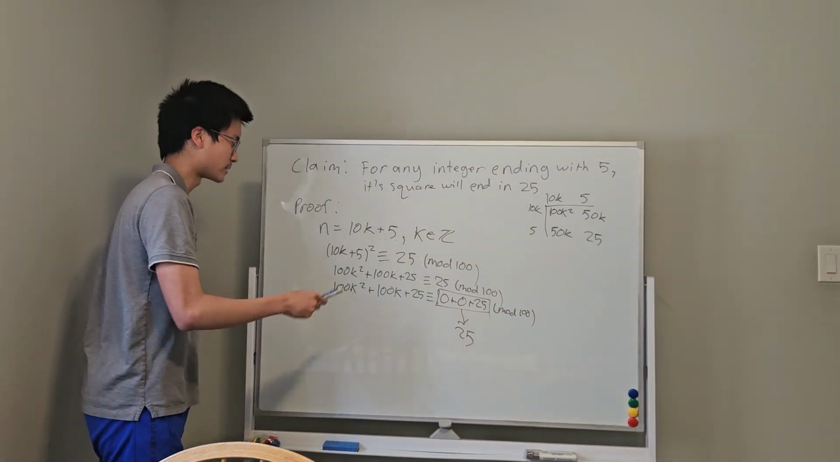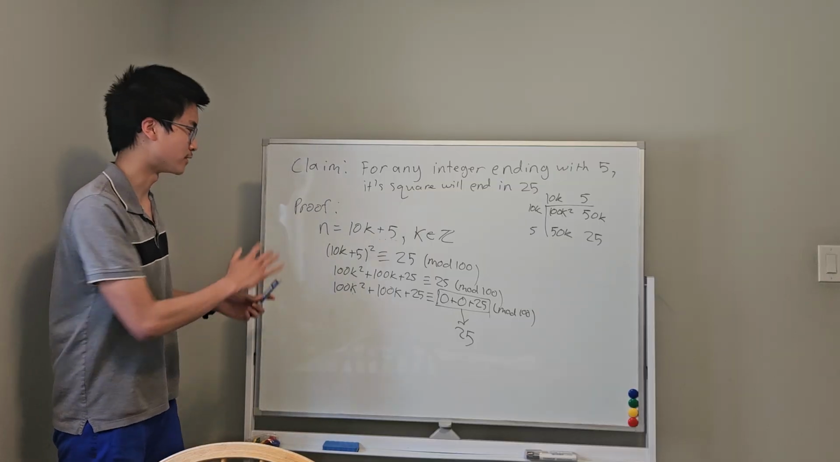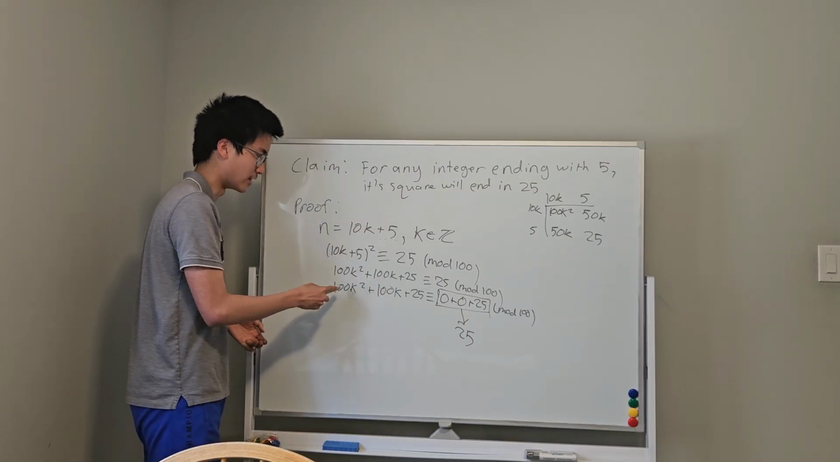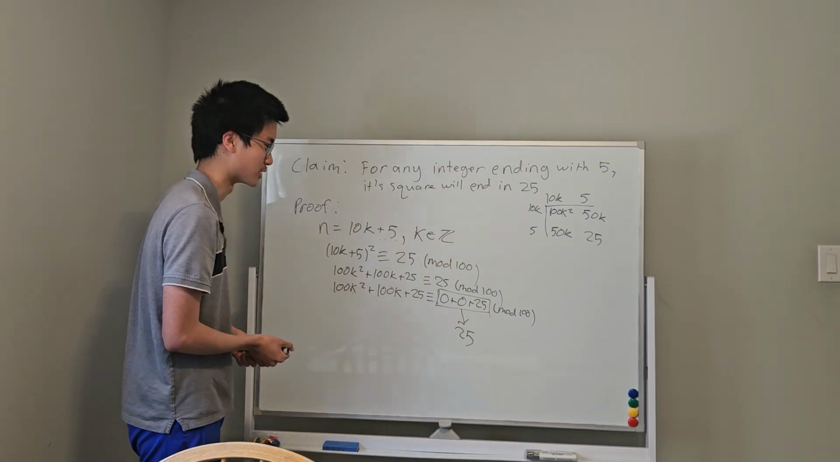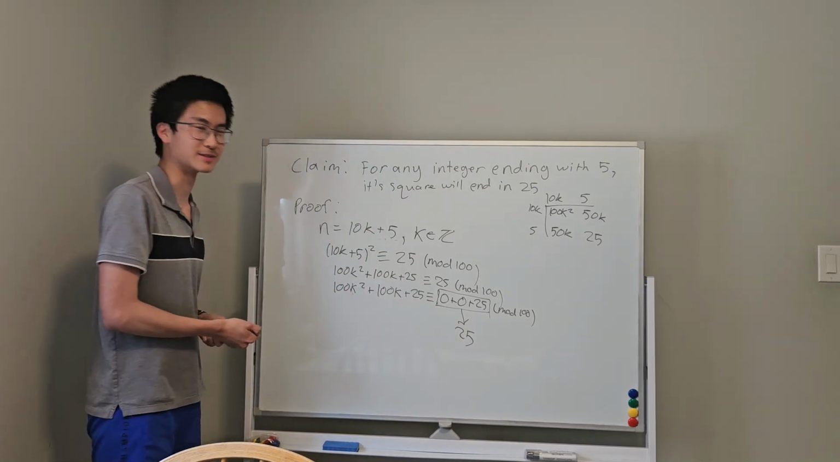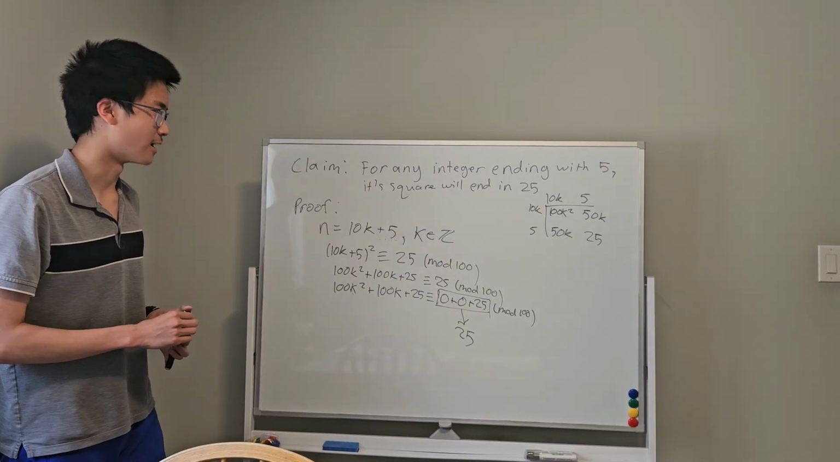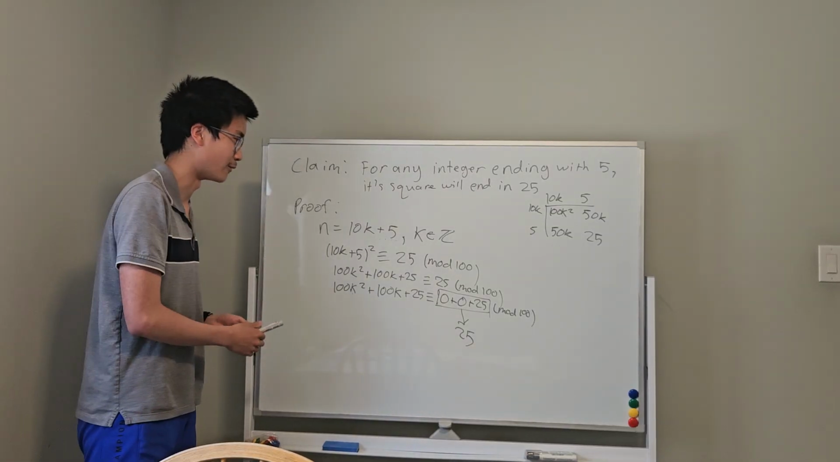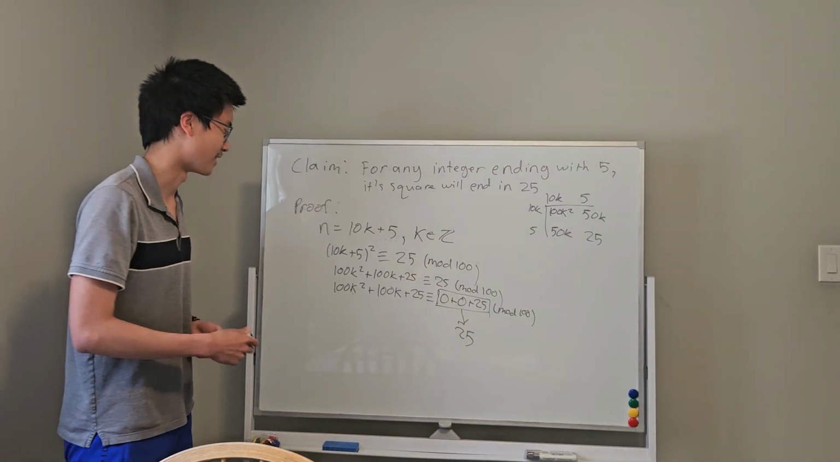So therefore, we have shown that if n equals 10k plus 5, and you square that, then if you divide this number by 100, your remainder will always be 25. So this is the modular arithmetic way of proving this. If you're not familiar with this, I guess you can search online for what this is. It's basically like the